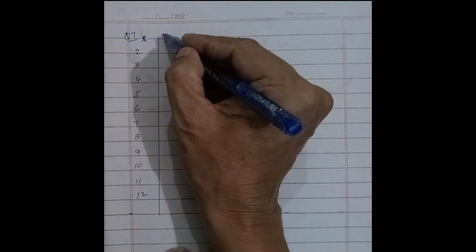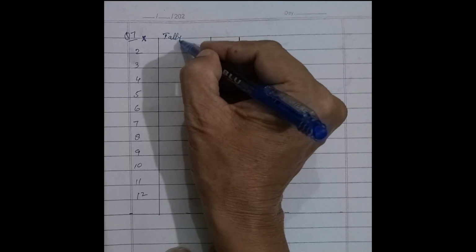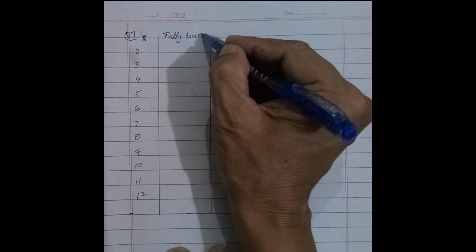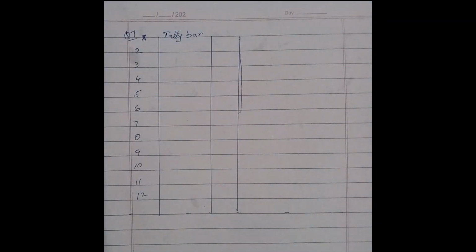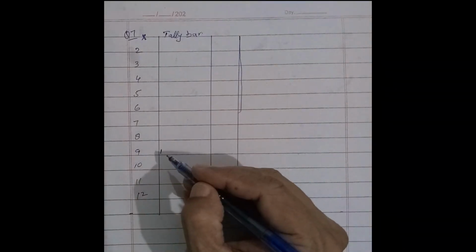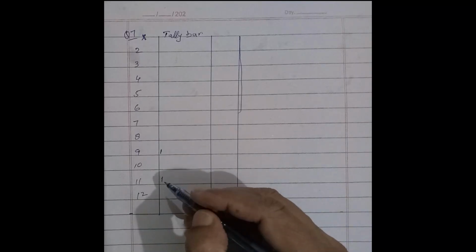We mark the tally very carefully. Now start: first is 9, 11, 4,